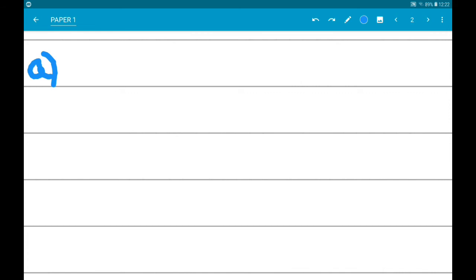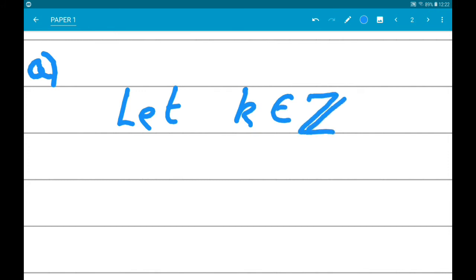So I'm going to say let k be an integer. Okay, now we're going to test n when it's odd and even. So, when n is odd,